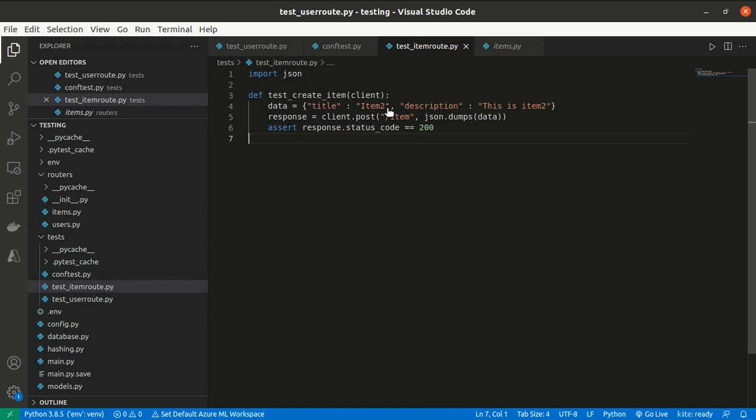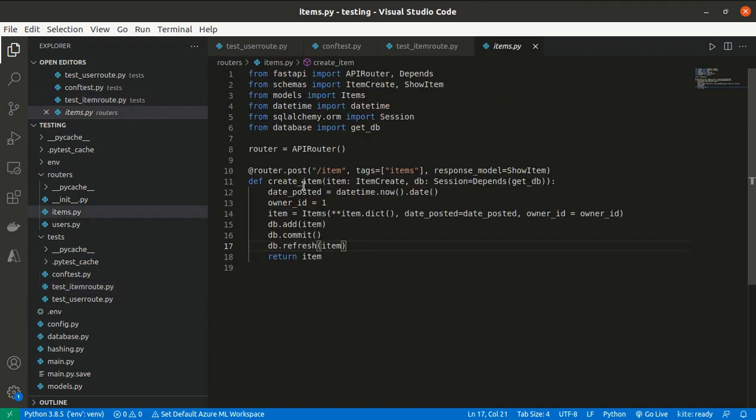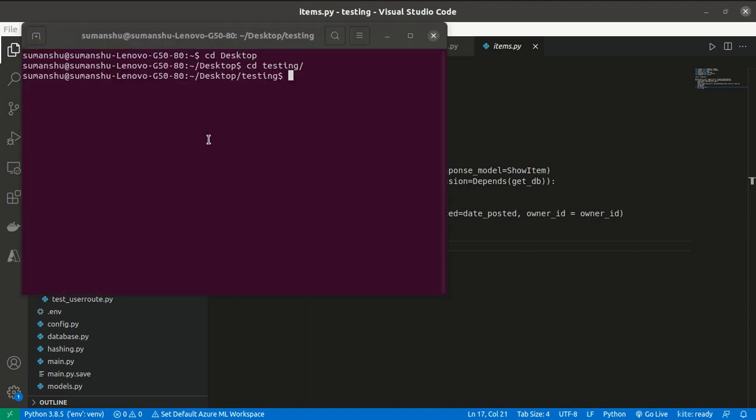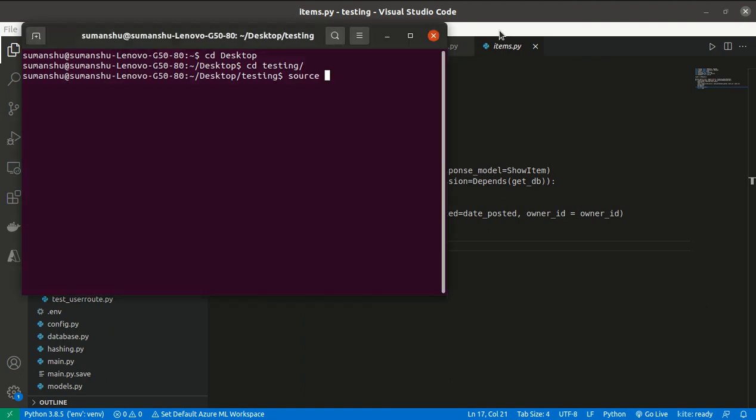right? So let's try to execute the Pytest case, to see whether there is any issue, whether our test.py file will work or not, whether the fixture will work or not. So let me open the terminal. The terminal has been opened, so let me activate the environment. Source env bin